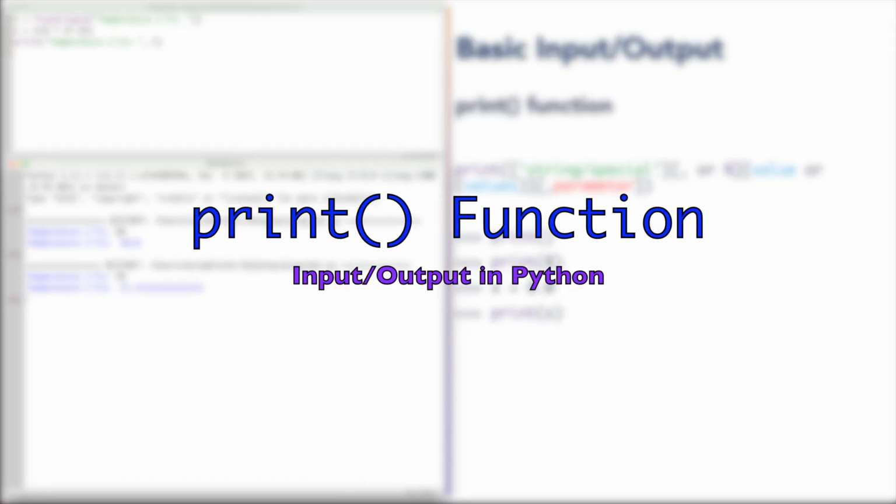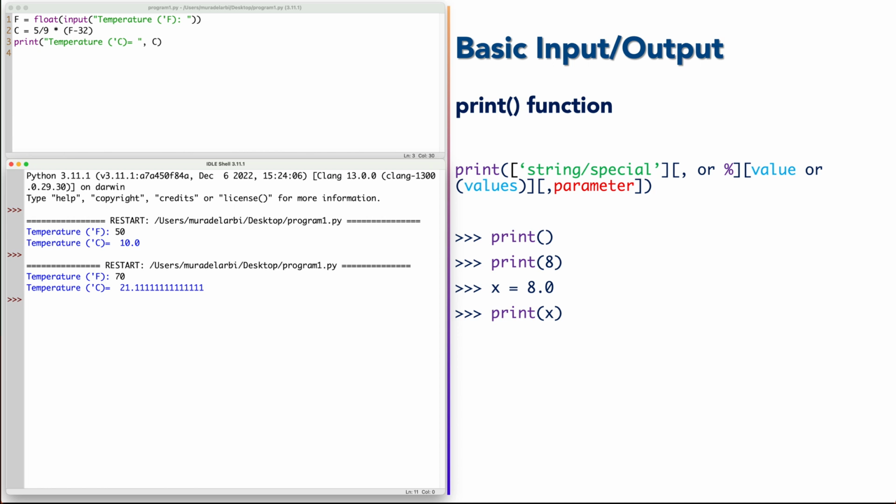So let's continue with the print function. The print function has optional parts, actually. It's a very flexible function. The first part is the string or special characters, where we write the string we need to show. And the special characters can be used to format the numeric values. The string part is followed by a comma if we need to add